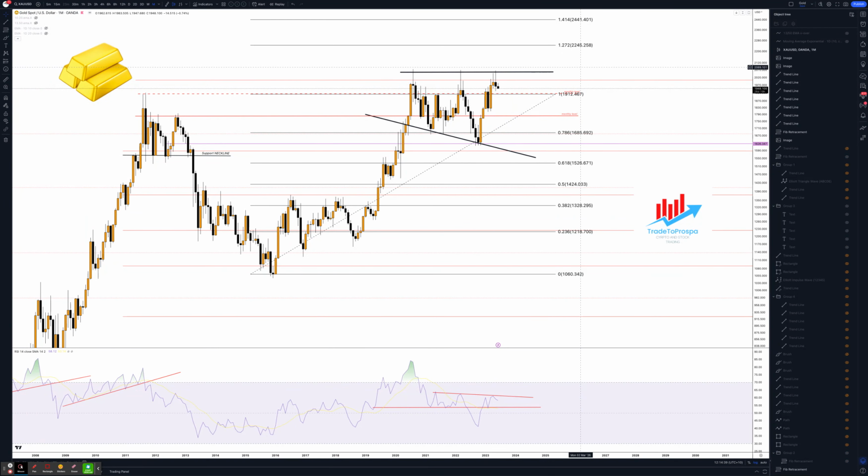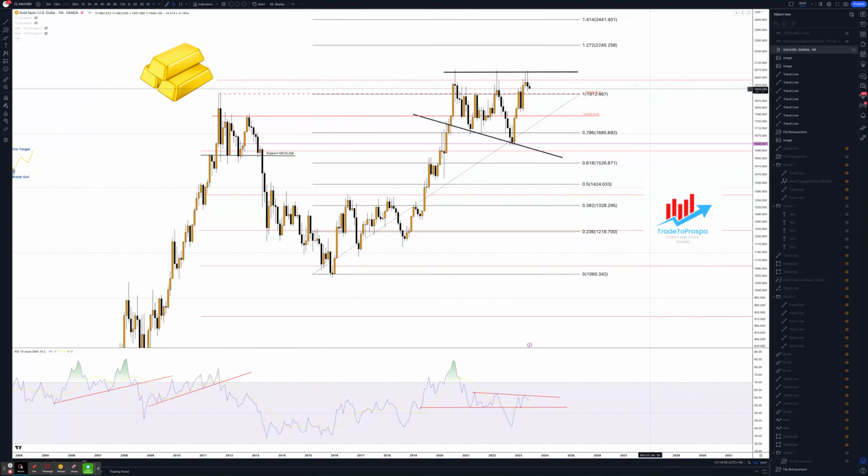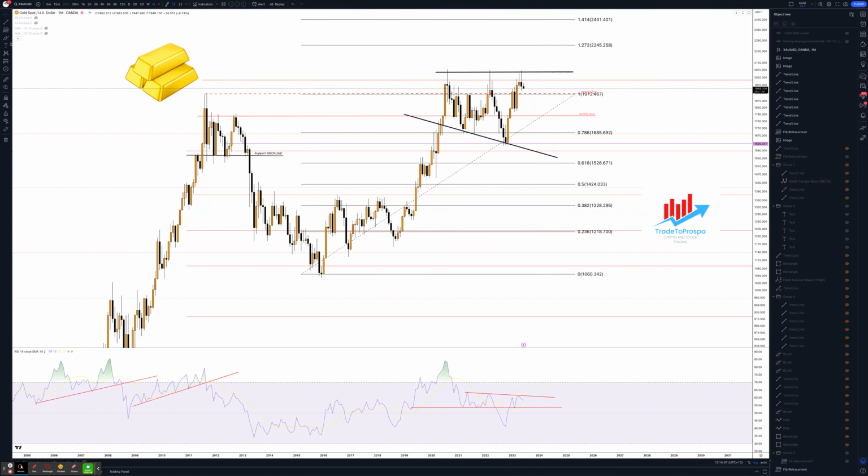Today I'm going to talk about gold and give my macro thoughts. Here we have a monthly chart, and if you understand the macro structure, then you will understand that this is a bullish formation. So what we have in the past is this monthly level that was clearly resistance, and we